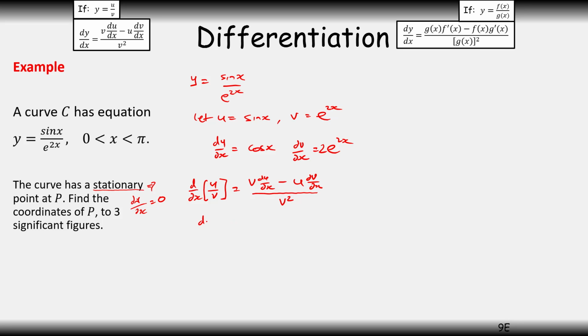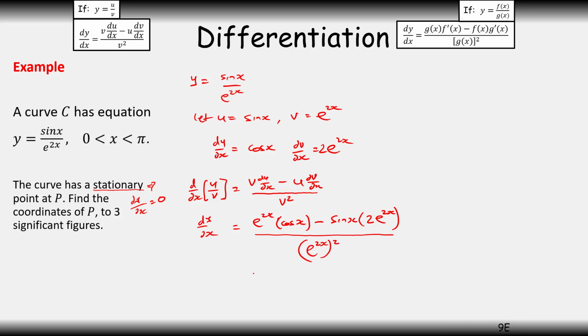So let's substitute: dy over dx is equal to v, which is e to the power of 2x, times du over dx, which is cos x, let's put in brackets, minus u, sine x, times dv over dx, which is 2e to the power of 2x, all divided by v squared, e to the power of 2x